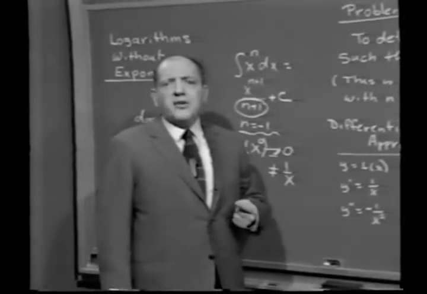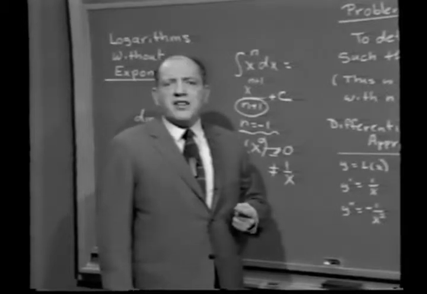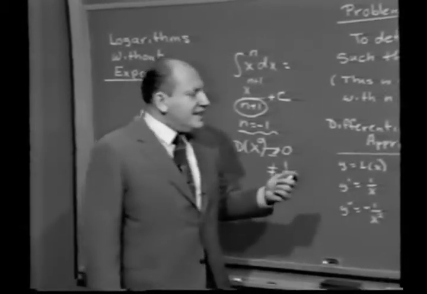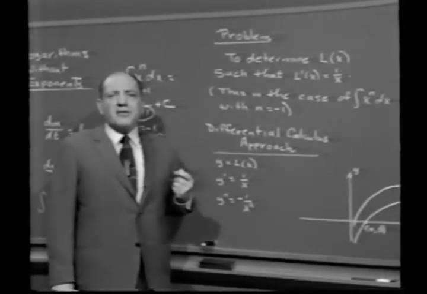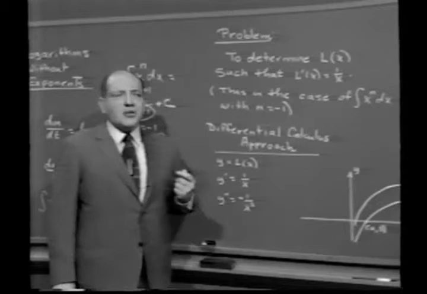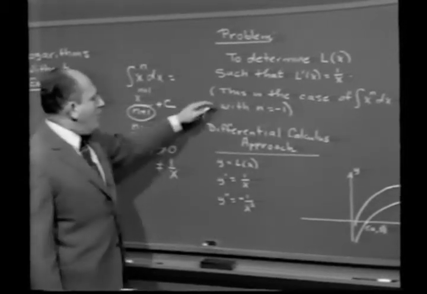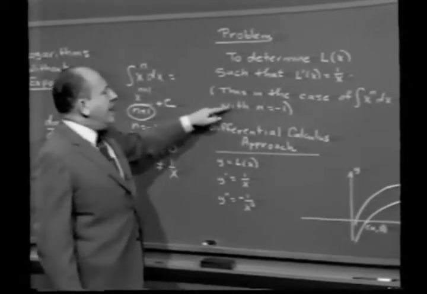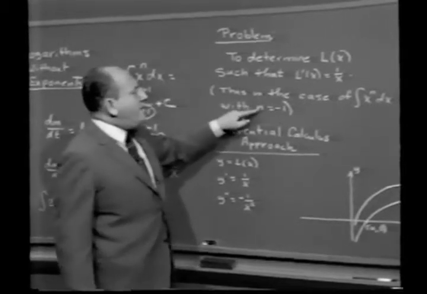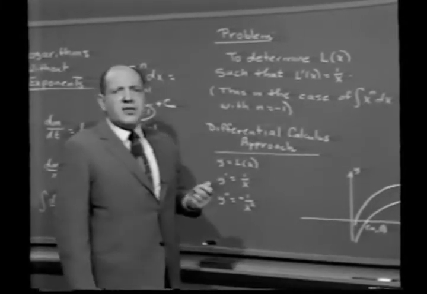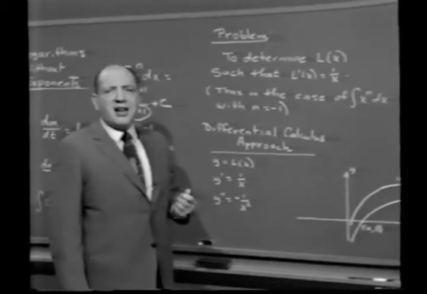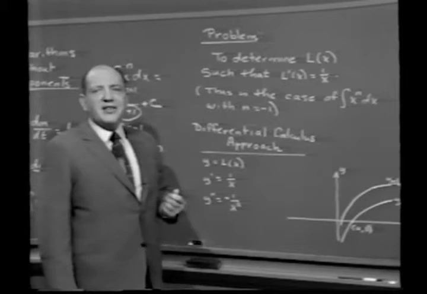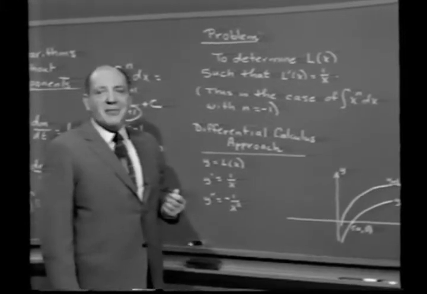And in a similar way, granted that integral x to the minus 1 dx is one very special case, what we have seen is that this comes up every single time that we want to solve a problem of the form dm/dt equals km. In other words, then, what it really boils down to is that unless we can come up with a function L of x whose derivative is 1 over x, we cannot solve the problem that we started off today's lesson with. In other words, we must leave it in the form integral dm over m equals